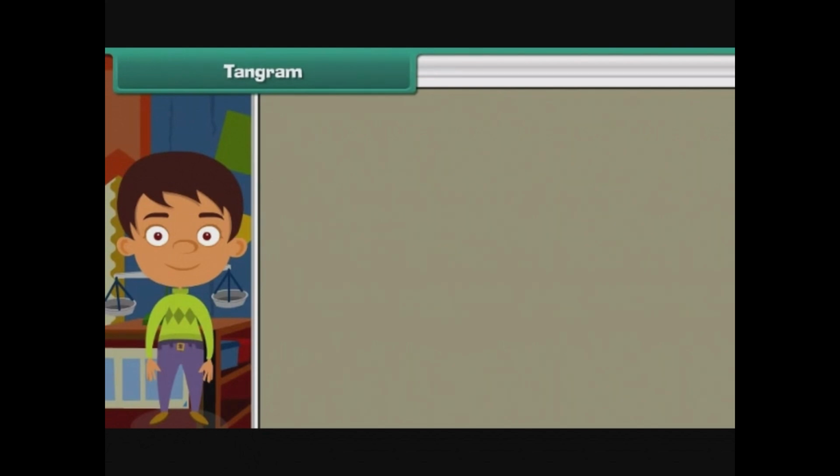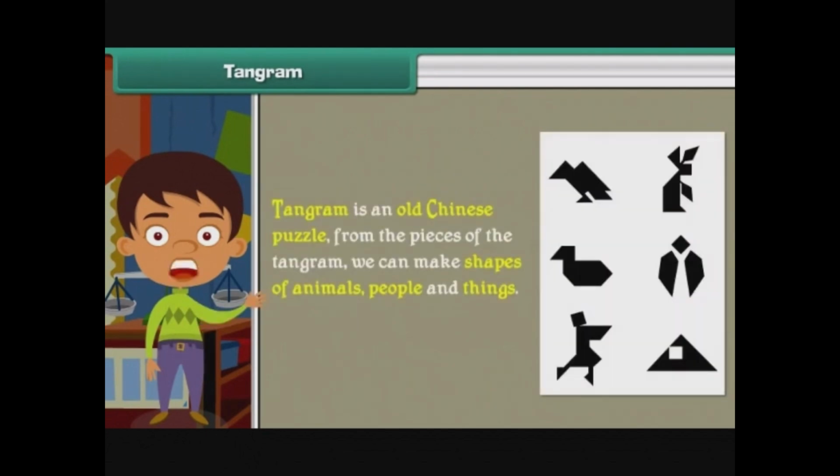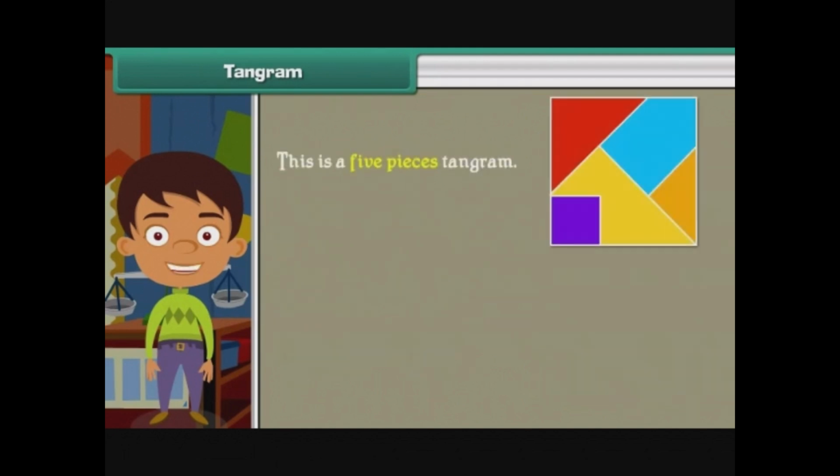Tangram. Tangram is an old Chinese puzzle. From the pieces of the tangram, we can make shapes of animals, people, and things. This is a 5-piece tangram. The 5 pieces of tangram are: